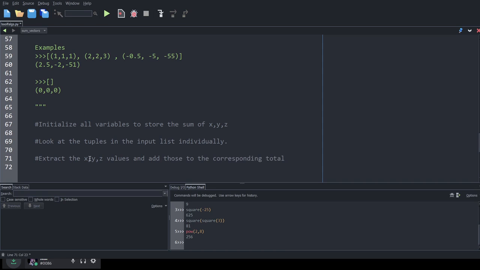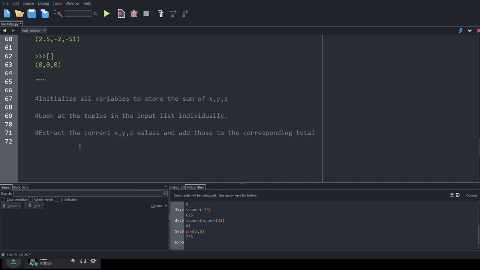Extract the current tuples. Extract the current x, y, and z values because there's going to be multiple tuples to deal with, and once we have done that for every single tuple, we can just return the tuple of totals.